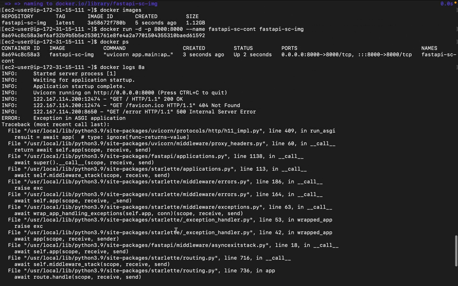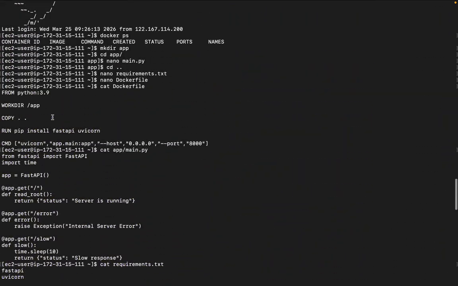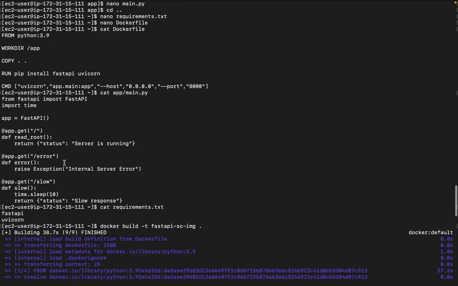So, okay. Do you see here? 500 internal server error. What happened? It went to an exception. So we purposely went to that particular route. Now, if I have to show you, do you see this particular